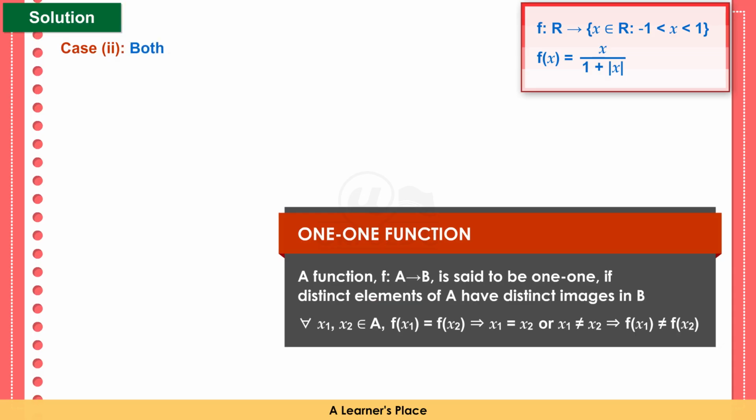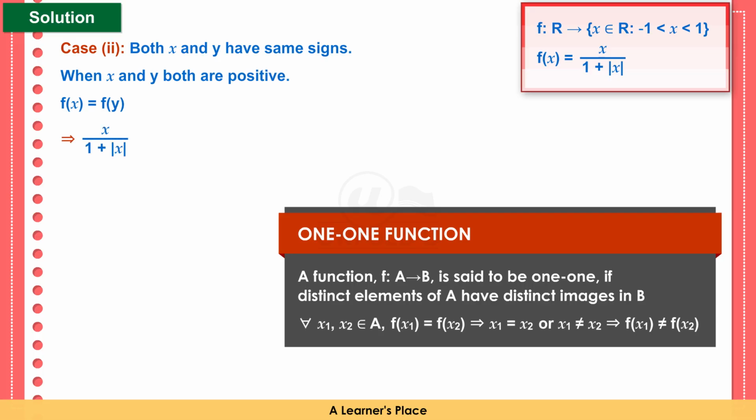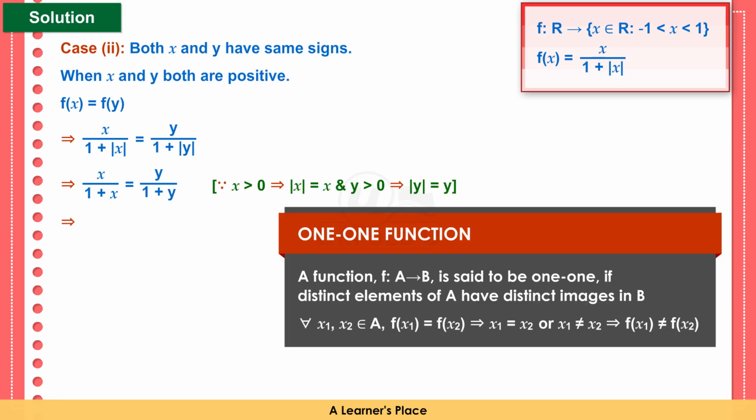Case 2. Both x and y have same signs. When x and y both are positive, f of x is equal to f of y, which implies x upon 1 plus modulus of x is equal to y upon 1 plus modulus of y, which implies x upon 1 plus x is equal to y upon 1 plus y, which implies x into 1 plus y is equal to y into 1 plus x, which implies x plus xy is equal to y plus xy,